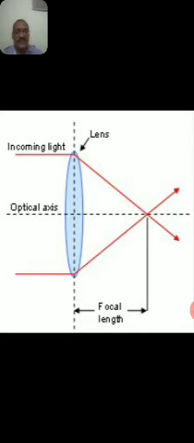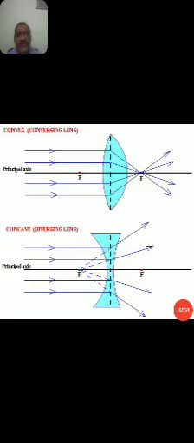of the lens. In the above diagram, you are observing a convex lens or converging lens, and you are also observing the principal axis. From the left side, light rays fall on the lens, and on the right side of the lens all the blue color lines focus at point F. Then the distance from the mid portion of the lens to the point F on the right side is called the focal length. This is the case for a converging lens or convex lens.